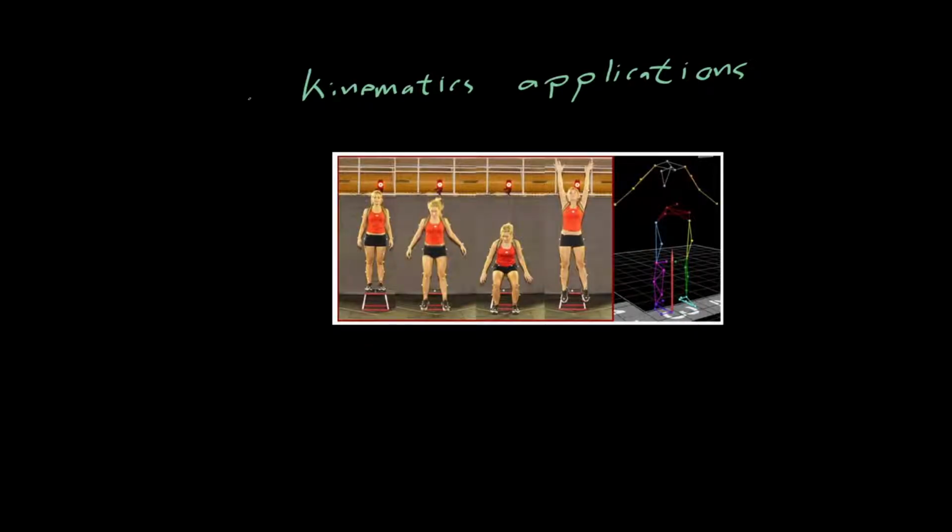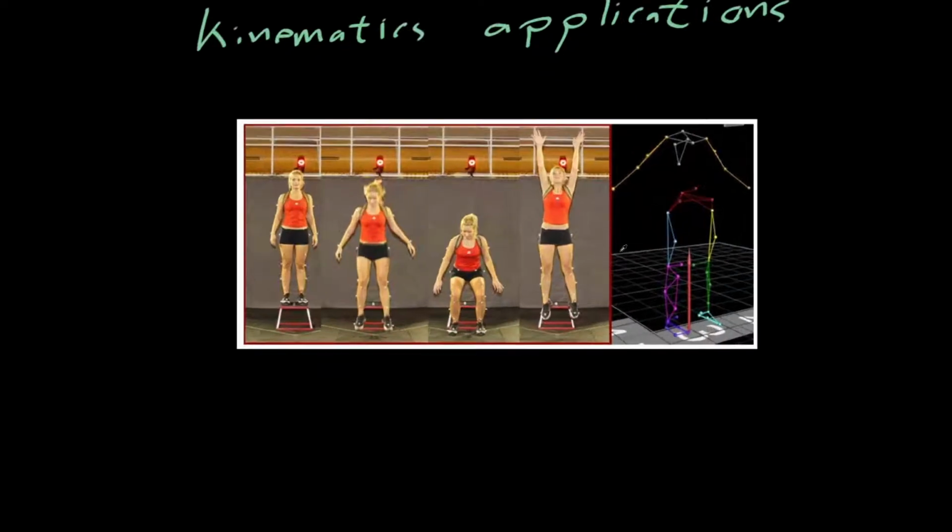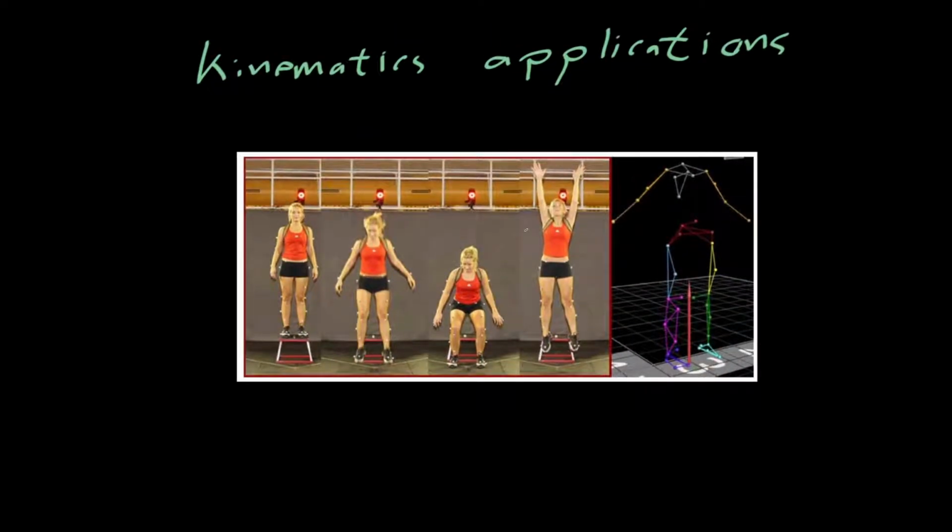To close out this week, I wanted to take a look at a few examples of where kinematics are being applied right now in both clinical and performance settings, and also give you a little bit of a taste of some of the kinematics-related technologies that you might see coming into broader use in the next 5 or 10 years of your career. So first off, I want to start with the example of knee joint angles during vertical jumps